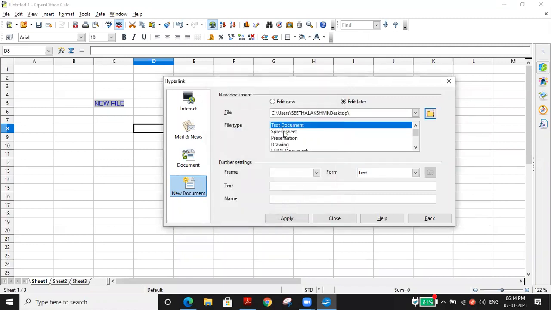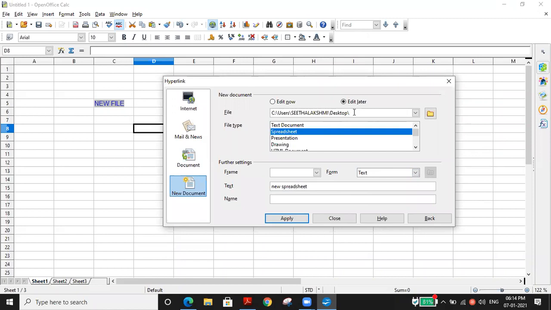Now I'm going to open a spreadsheet instead of a text document. Spreadsheet I'm going to select, and it will be a text, and I'm just giving new spreadsheet. Before that I have to click here. I want to give the file name. So I'm just giving sp1.